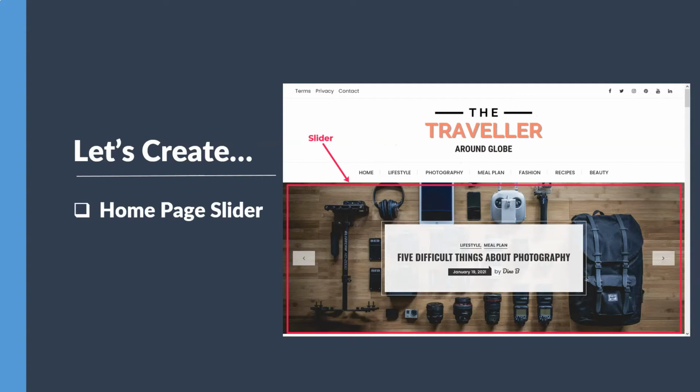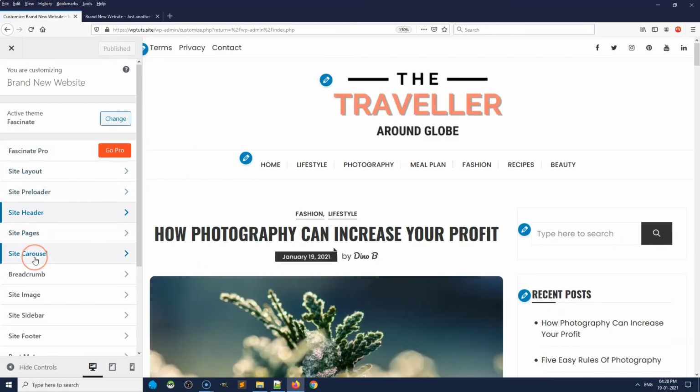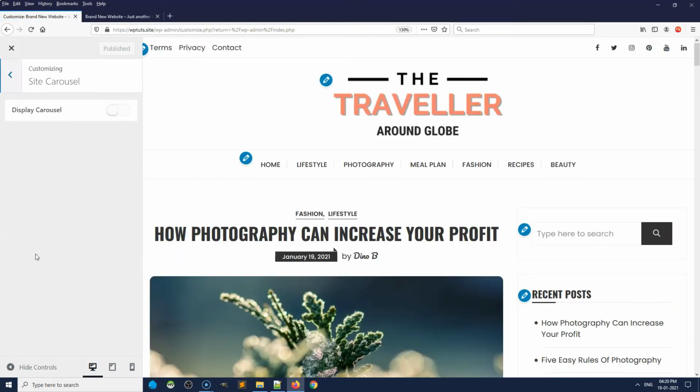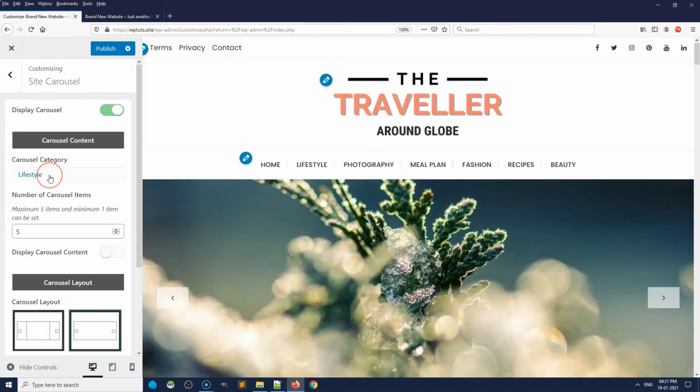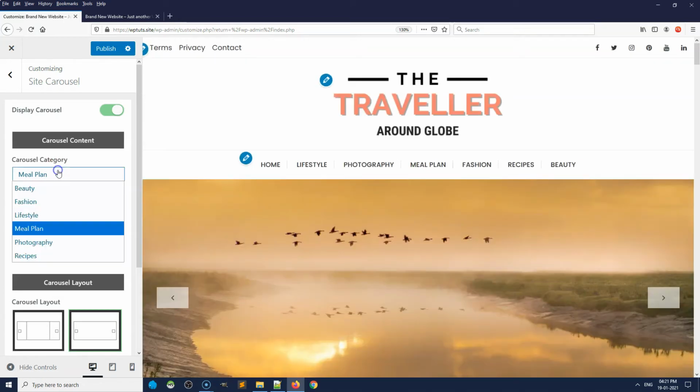So now let's add a home page slider. Go to Appearance, Customize, select Site Carousel and enable Display Carousel. Now choose the category.